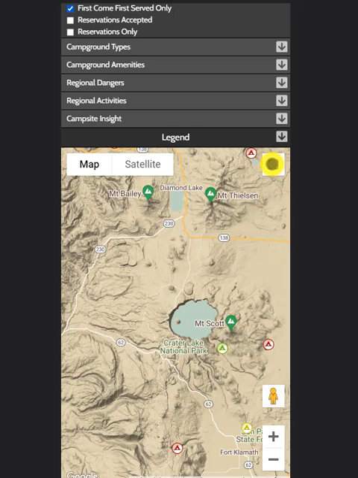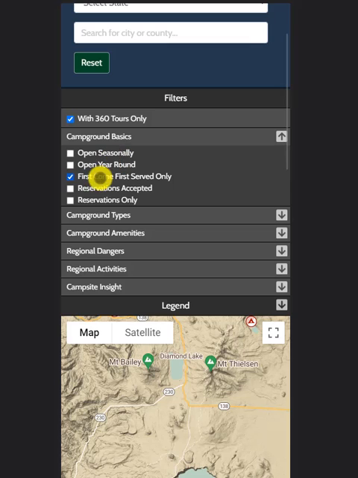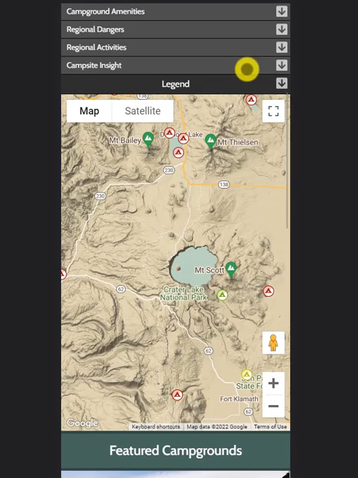If you then need to go back, you can make your adjustments to the filters and then go back and forth that way. So that's the best tip, because what you'll also notice is on the mobile platform, there's no hover capability to get the name of the campground,